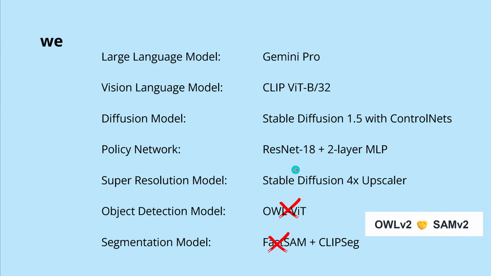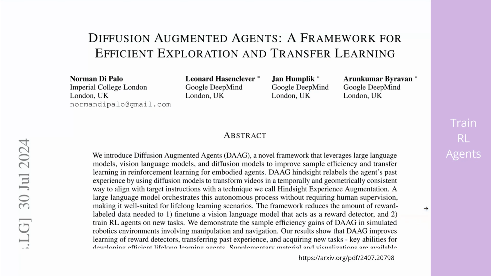So we could go now and say, hey, for the object detection segmentation, we could go with something much more advanced. But no, I'm doing this. No, we go here with the classical, published end of July 2024. Google DeepMind and Imperial College London published this new Diffusion Augmented Agents. That sounds interesting. So you say, what kind of diffusion model, an image generator? If we do this, how can we augment the performance of our AI agents in reinforcement learning? Well, it turns out with the new methodology by Google DeepMind, what they call Diffusion Augmented Agents,